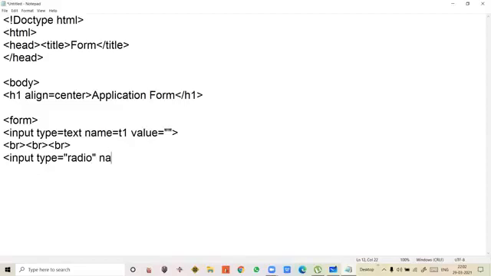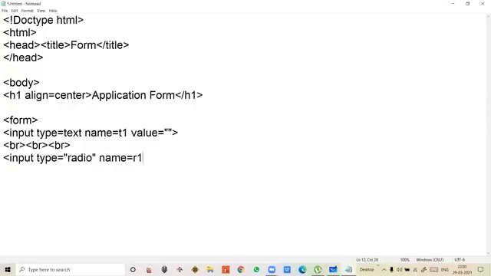Then name equal to, I'm giving. And remember, students, you have to use the same name for every radio button, because it will form a group. Then if you use something else, then all the options will get selected. So you have to give the same name.